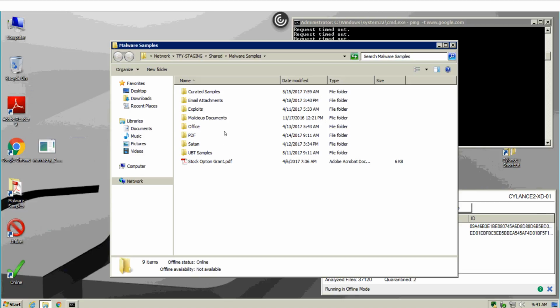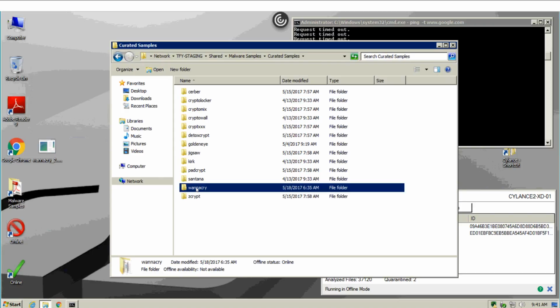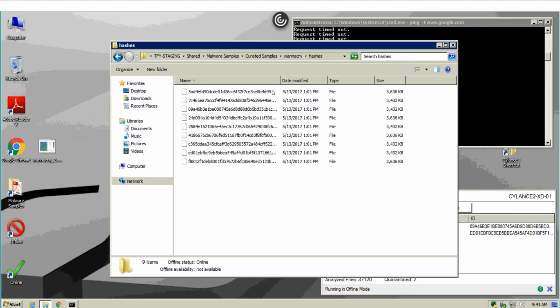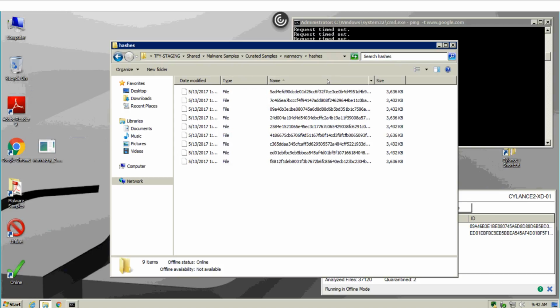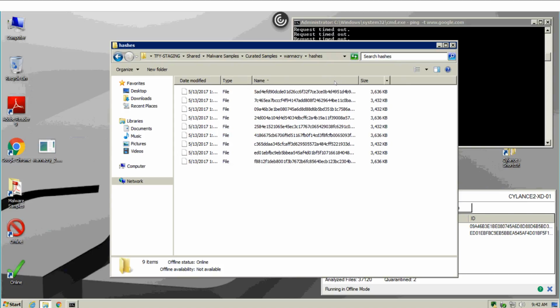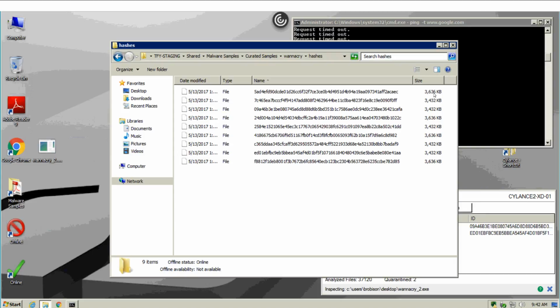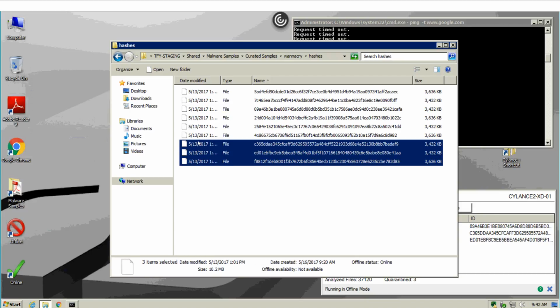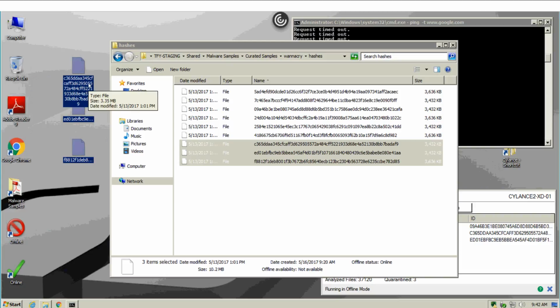We can even go back and grab some more samples. There's a whole bunch of other samples I have in here that we downloaded from third-party sites, and I'll even, if I can here, click on the... I can't examine or expand the window here for some reason. Maybe I can. Here we go. So you can feel free to take a screenshot of this. These are examples that we downloaded from third-party public sites. These are the actual hashes. If you search for them, you're going to find these. Again, we can take some of these and drag and drop them out to the desktop, and they'll essentially get